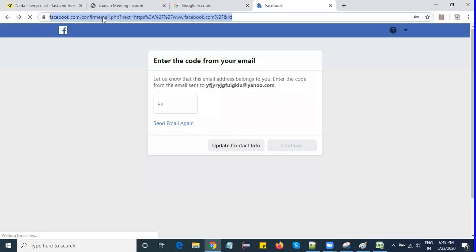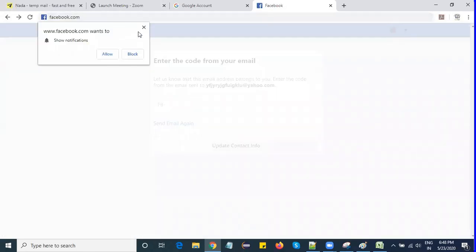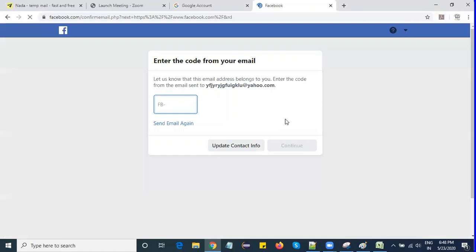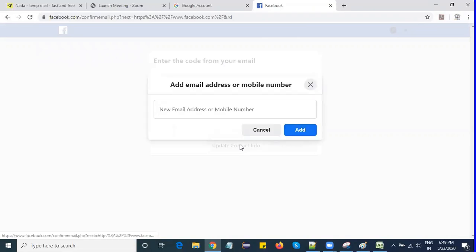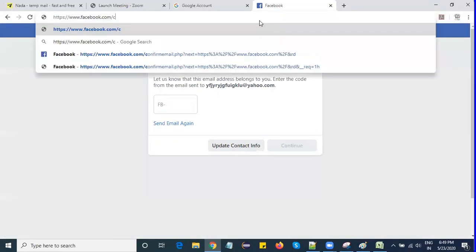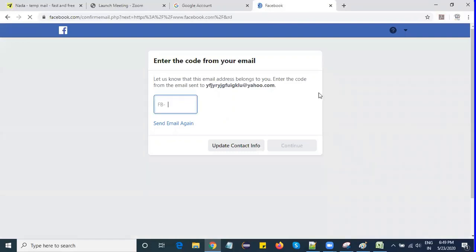Oh, sorry. Let me open the initial page again. It's not opening, right? Just a minute. My network has some issues. It's opening the same page only, right? Okay, let me open in another window.